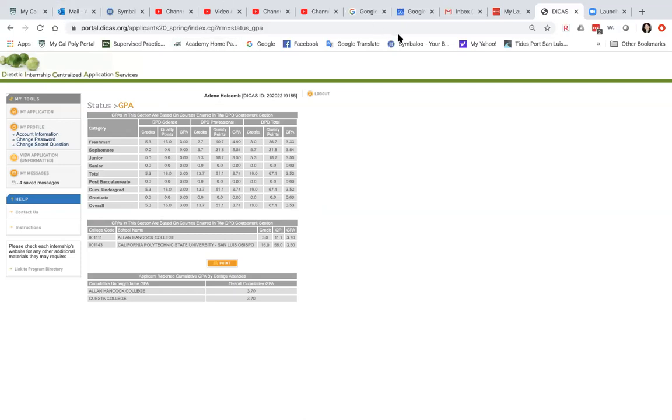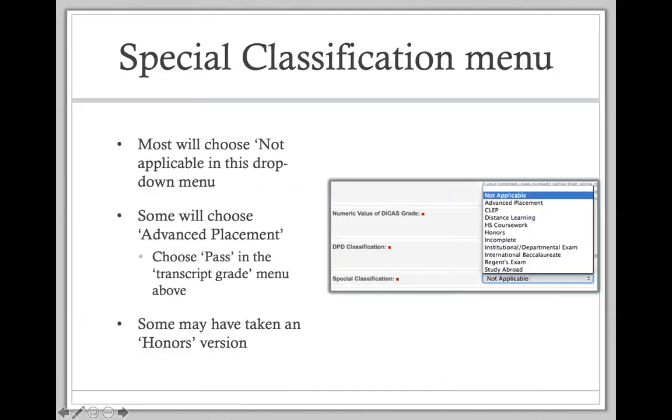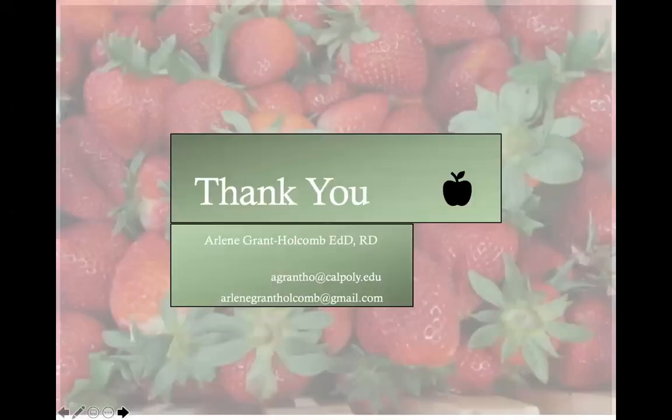Let's go back. I don't think I had another slide for you, but let's make sure. Nope. So that's the best information I can give you about adding courses. Get them directly from your transcript, using your DPD course list as a guide so you know if they're science or professional. Enter them accurately, double check. We want them to correspond with your